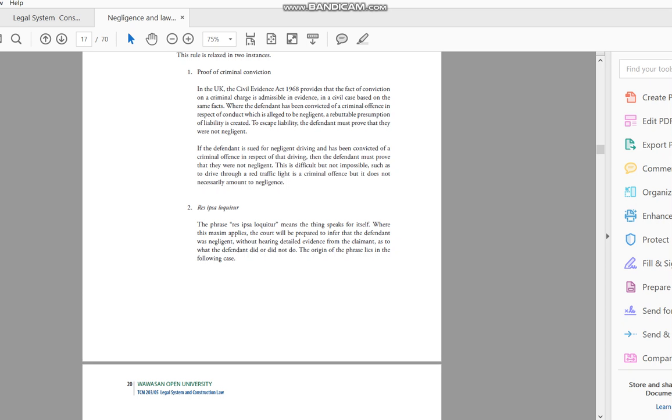The claimant has to make an effort, except for these two instances where it's already very obvious, or where he was actually sued in the first place for a criminal conviction, and the criminal commission actually brought forward a negligence case. Then we need to look into that, and the defendant needs to prove that yes, I broke the law, but it does not mean that I have committed negligence.